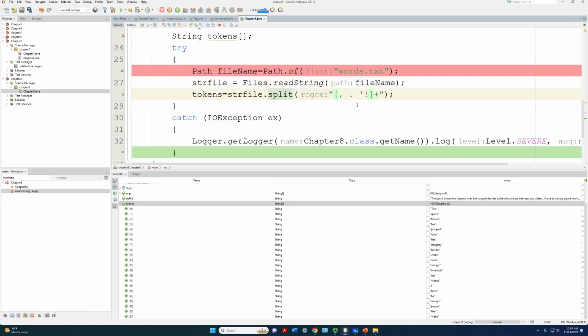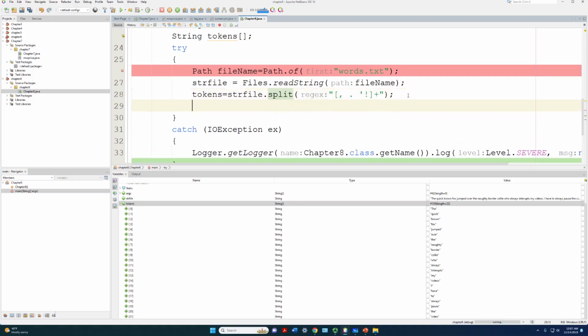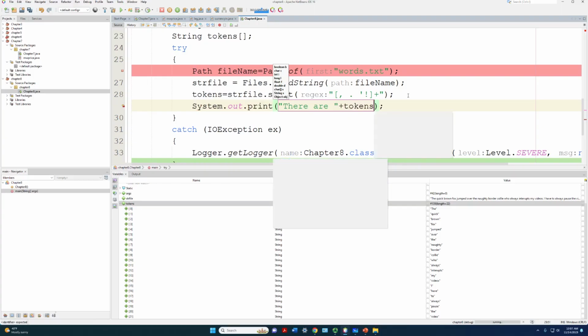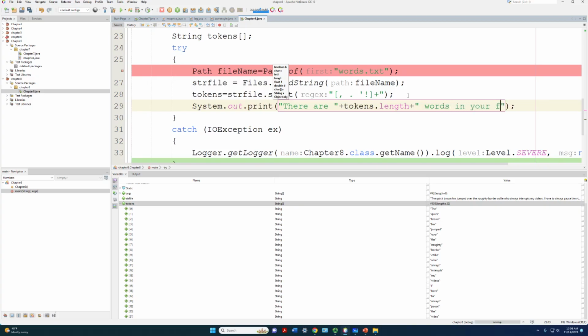Okay, so to print out the answer, what I would do is output System.out.print, and I would say there are, blah, plus tokens.count or tokens.length, which is an integer, so it'll automatically convert, words in your file. Okay,